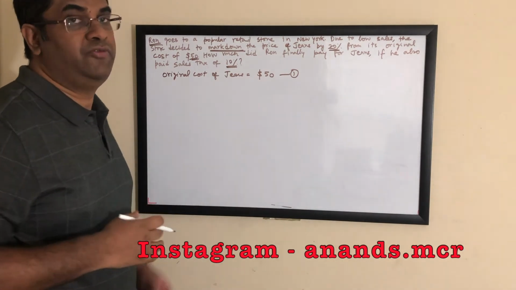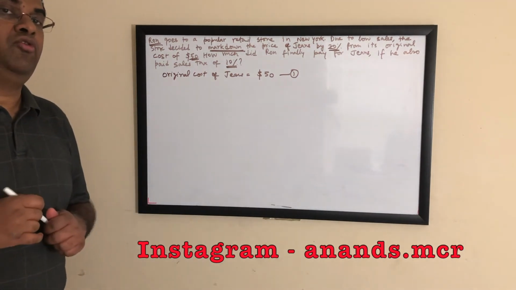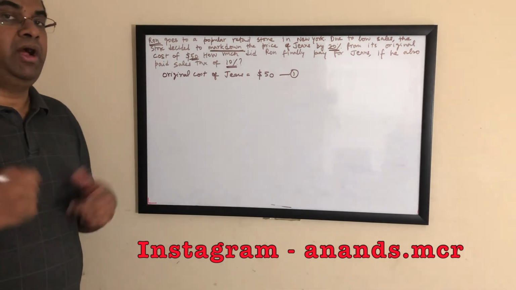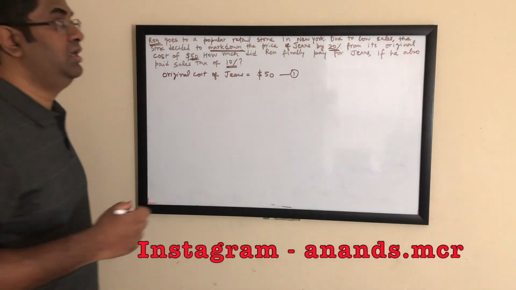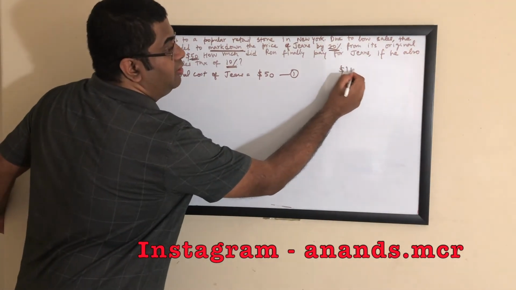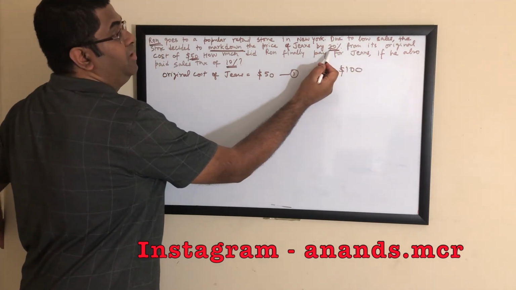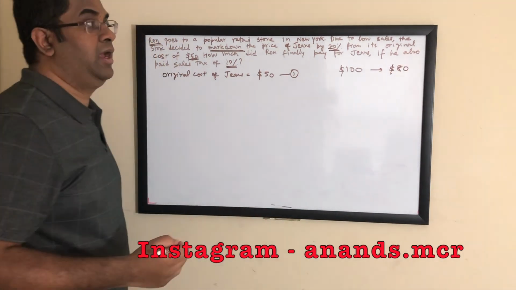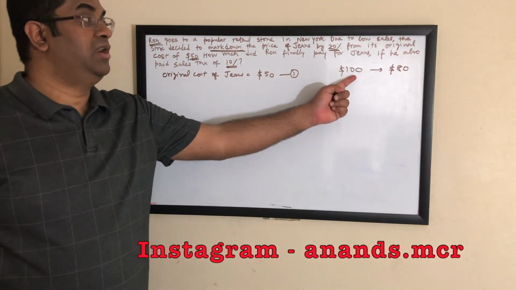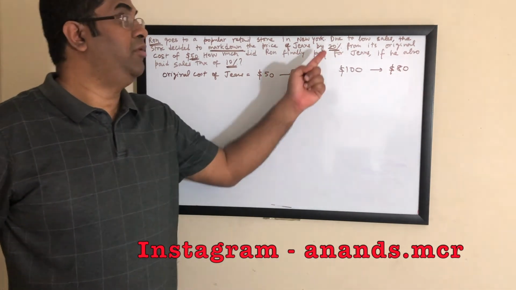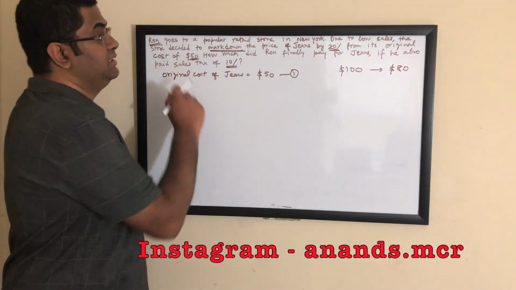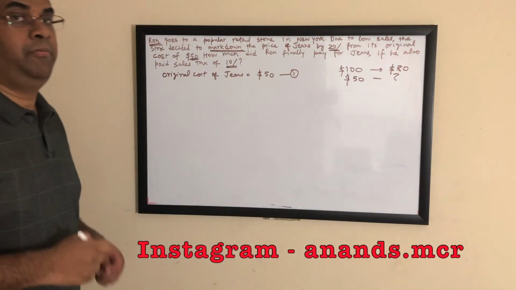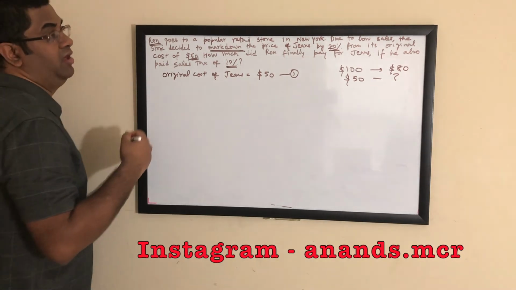Another piece of information that we have available in this problem is that the price of the jeans was marked down by 20%. So friends, what does markdown mean? Whenever you mark down a product, you bring down the price. For example, in this case, it has been marked down by 20%. So what does it mean? If the product costed $100 and it is marked down by 20%, it basically means that the product now sells for $80. If the original price of the product was $100, it is now being sold for $80 because it has been marked down by 20%. In this case, the price of jeans is $50 and we have to find out what the price is after the markdown. So let us see how we calculate that.